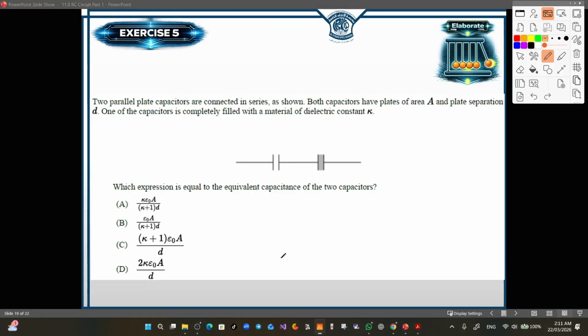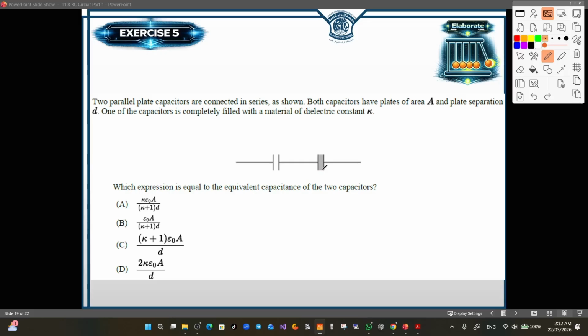Two parallel plate capacitors are connected in series as shown. Both capacitors have plates of area A and plate separation D. One of the capacitors is completely filled with a material of dielectric constant kappa. Which expression is equal to the equivalent capacitance of the two capacitors? So here the two capacitors are in series, but one of them is filled with a material of dielectric constant